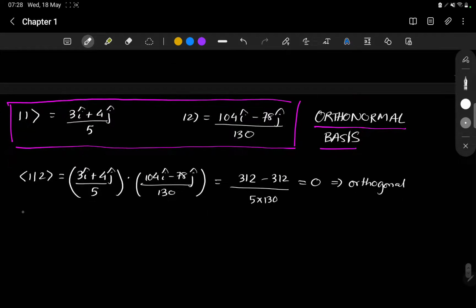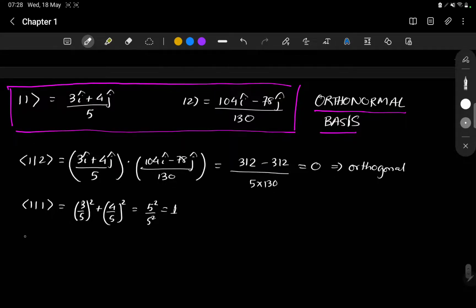Then the magnitude of 1 is nothing but 3 by 5 squared plus 4 by 5 squared. This is nothing but 5 squared by 5 squared, which is equal to 1. The magnitude, so this is a unit vector. Now the magnitude of the second one is